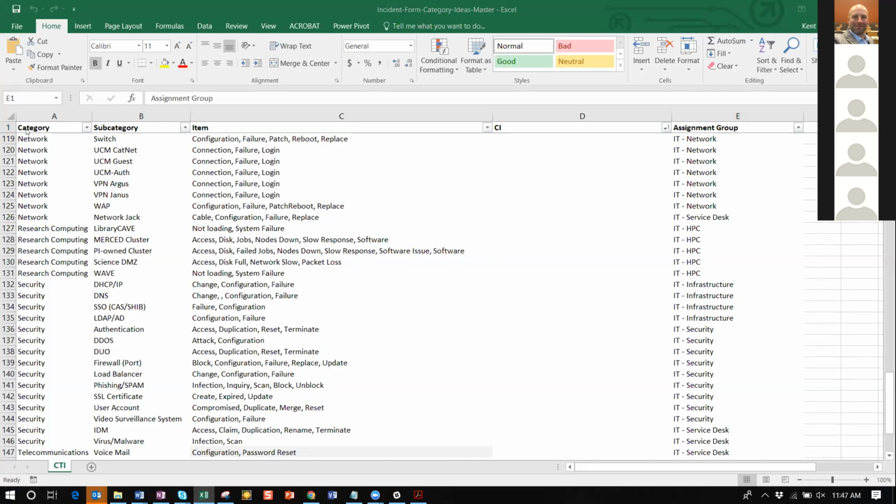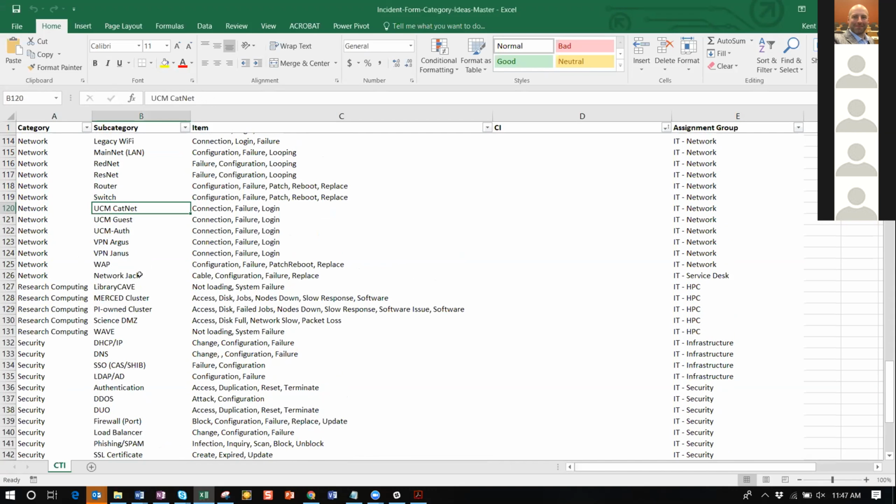The way I broke it down, and again, this is very simplistic for where we are as an organization and what I need. It will improve where we're already at. Someday when we do CMDB, I know I'm going to rip all this out and redo the whole thing. You can see the category, we have network here, and then I defined the subcategory as switch. We have the different SSIDs: a catnet SSID, a guest, and an auth. And I don't see eduroam. It's probably up there somewhere.